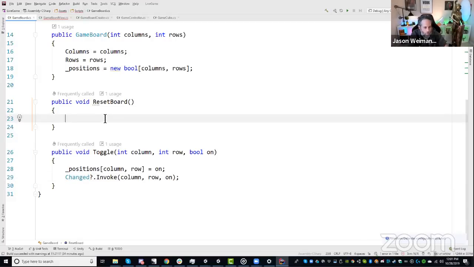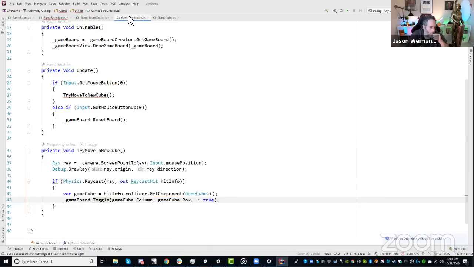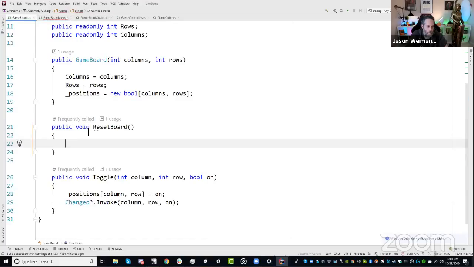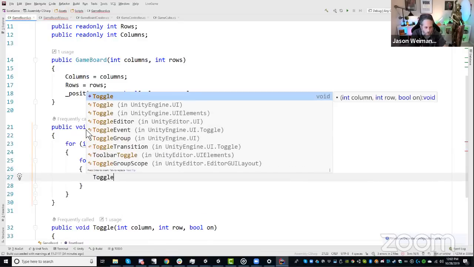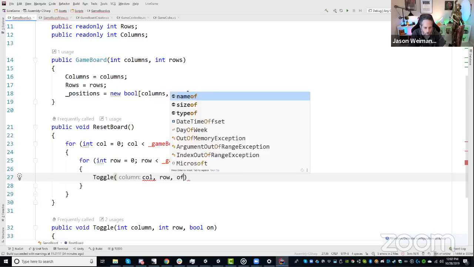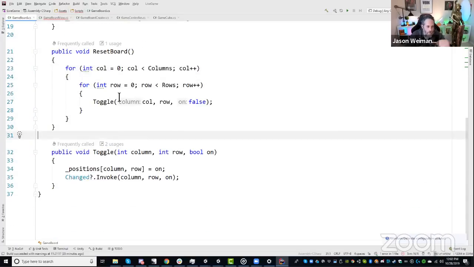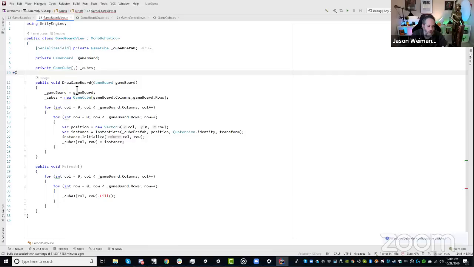I guess in reset board, we just do a loop through all of them. Where's that little loop? Really don't like copying that, but really what we've got to do is just go toggle. Get rid of those, and that should just turn them all off and fire off the event for all of them, right? Mm-hmm. So we've got a reset, we've got a toggle, and then in the game board view, when we draw,